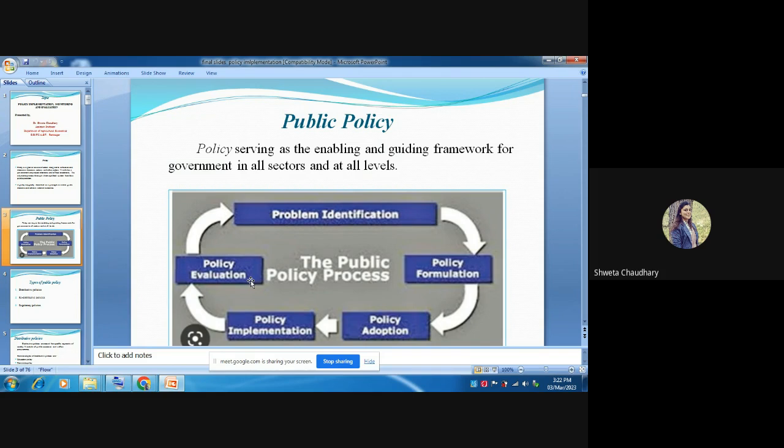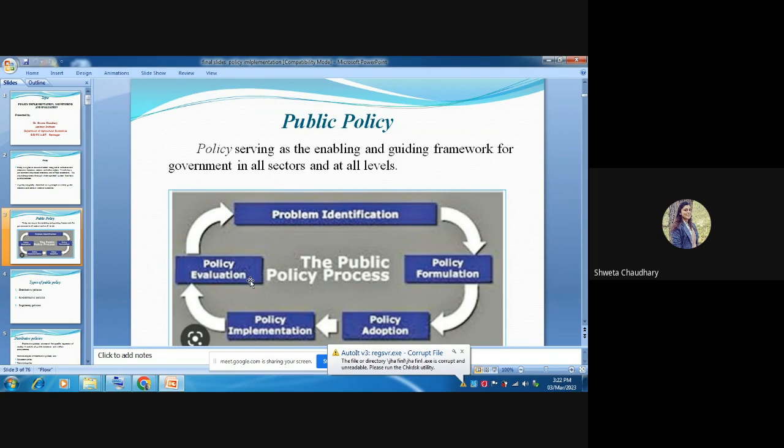If certain health policies, say suppose at the time of COVID, we introduced many policies to control the COVID scenario in our country or in African countries also. So what was the impact analysis of that COVID policy? Whether COVID was controlled at an early stage or a later stage, how much time it took, and what was the result of the budget that was allocated in controlling that COVID scenario.